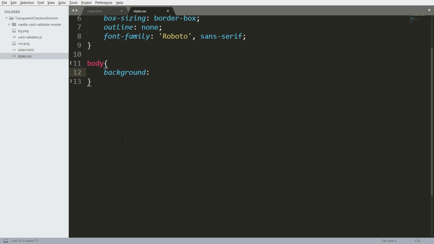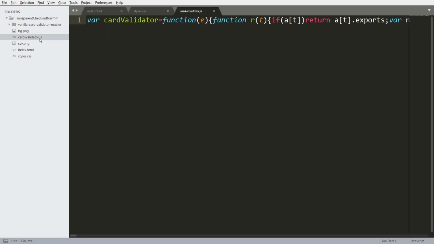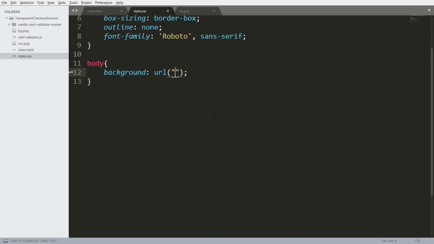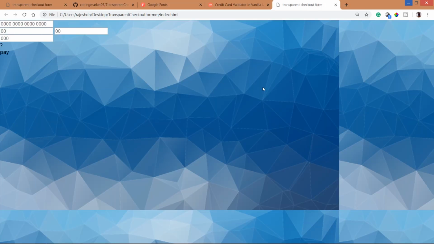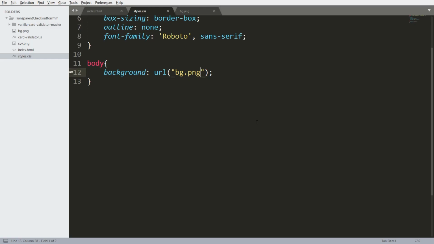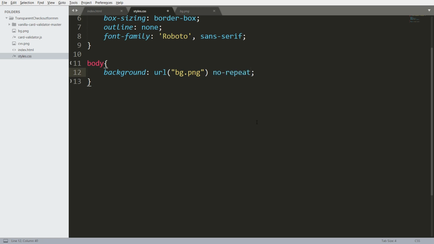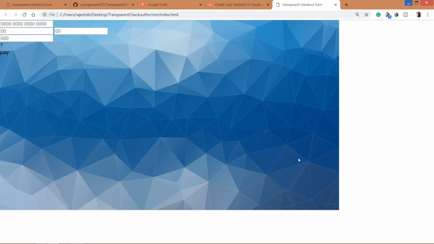Use the background property, and the background property has a URL method. Use this background image here, bg.png. See here, we can see the image is getting repeated, so use the no-repeat value to stop repeating of the image. Now place this image in the top center,